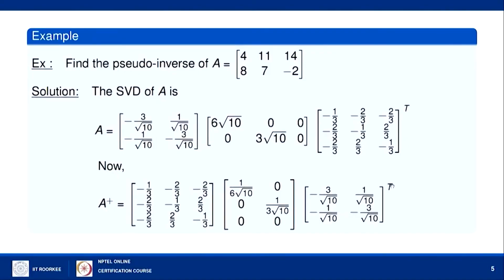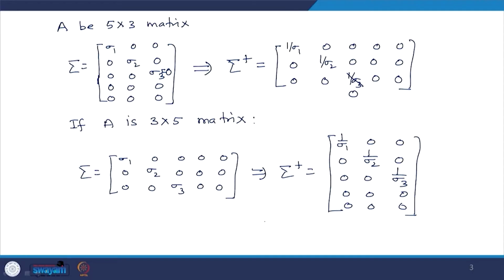So, here I am writing U transpose, and this is my matrix V. A is of size 2 by 3, so sigma plus will be of size 3 by 2, and it will be 1 upon 6 root 10, 0, 0, 1 upon 3 root 10, 0, 0. If you multiply these matrices you will get the pseudo inverse, and it comes out to be